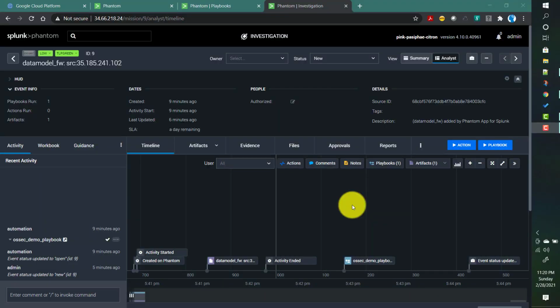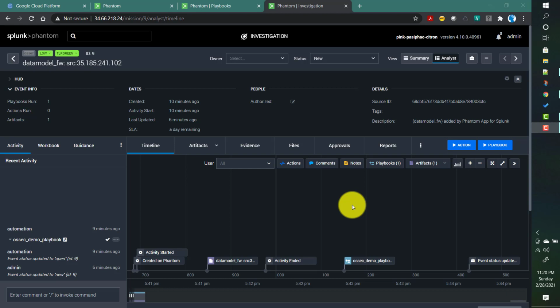In the previous video, we have seen how to use this particular Phantom investigation window or UI to do a lot of stuff about the particular event occurring in or coming into Splunk Phantom. Now, from this video onwards, we will start exploring the playbook part in Splunk Phantom. In this video, we will start with very basic stuff like creating the playbook from the Phantom UI.